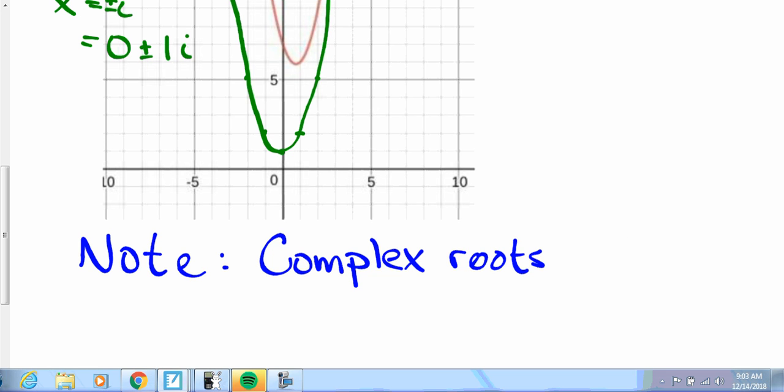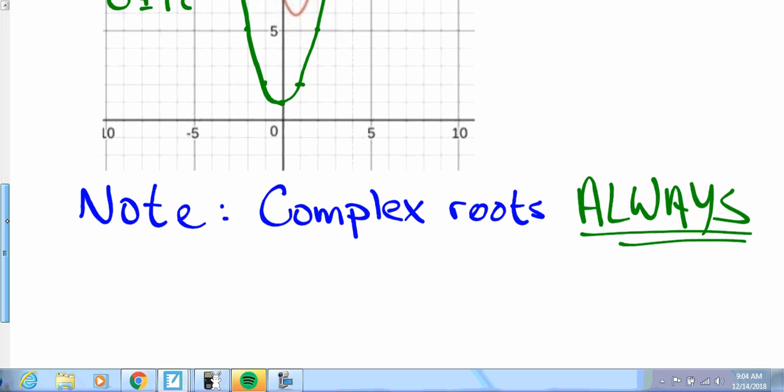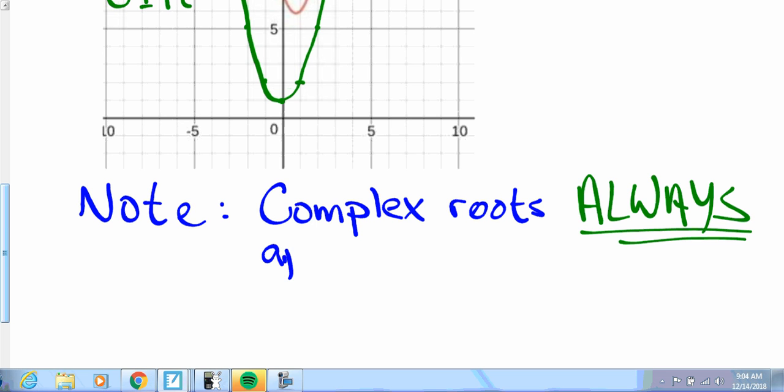Cursive. I just have to write. Always up here in, and we call these